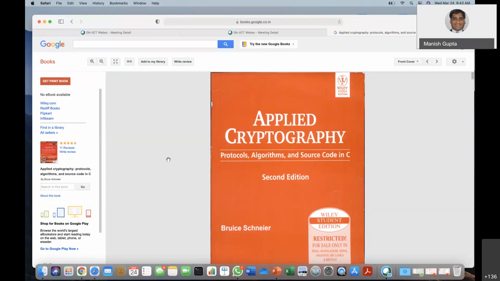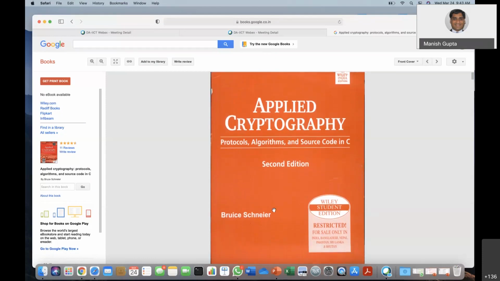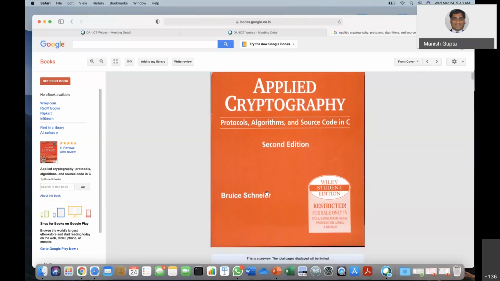By the way, I wanted to mention that this book by Bruce Schneier, Applied Cryptography: Protocols, Algorithms, and Source Code in C, is a very useful, beautiful book. Most of you, rather than doing competitive programming, look at this book. Beautiful algorithms are given. I'm going to take RSA from here, and the implementation is also given. So you can see how real-world systems are secured. You can actually buy this book if you want.